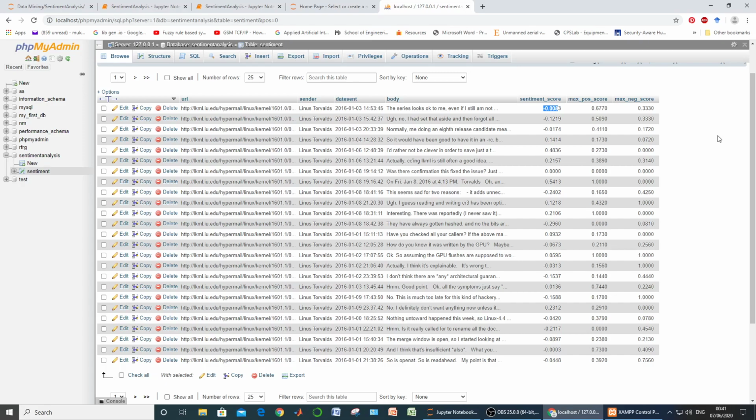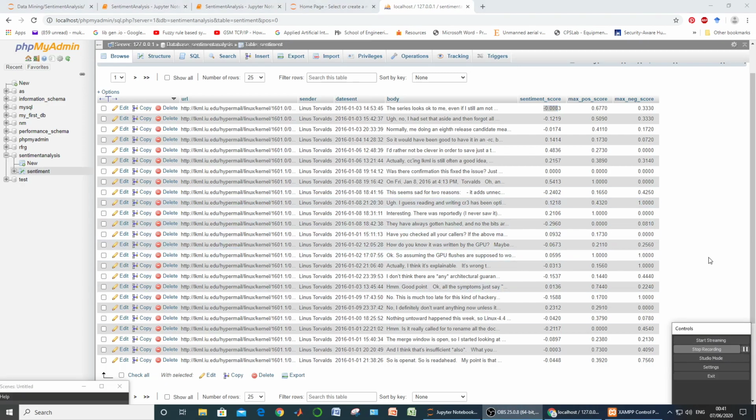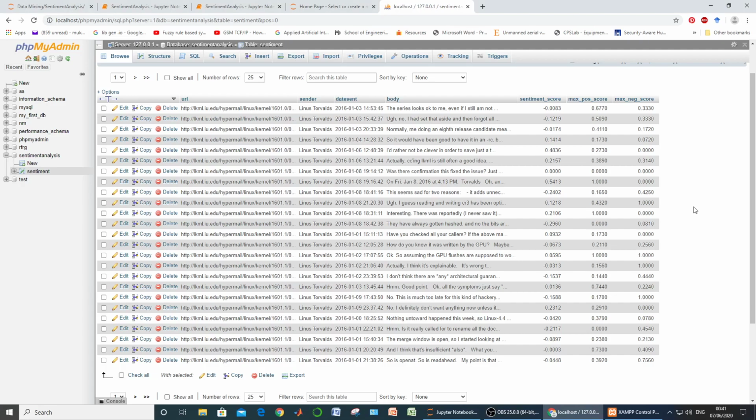And our next task is to find the 10 emails having the most positive sentiment. To sum up, we want 10 emails which are most positive in their sentiments, and at the same time we want 10 emails which are most negative in their sentiments.